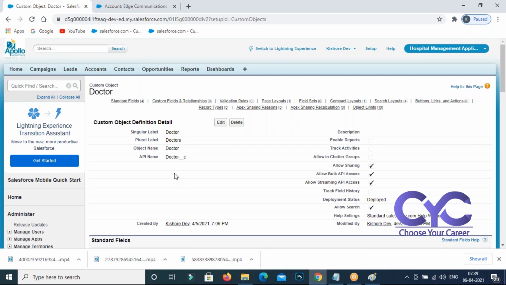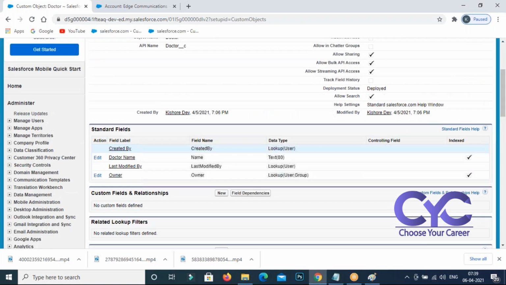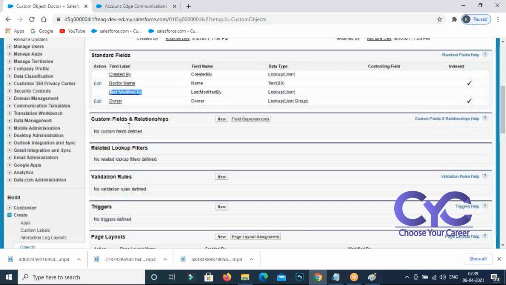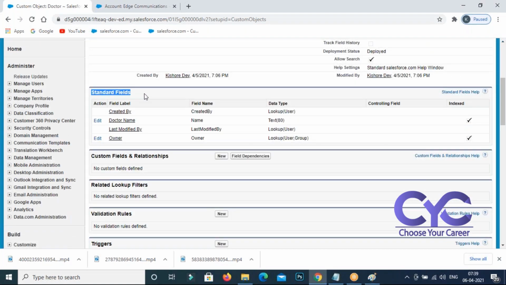For every object, 4 standard fields are compulsory: Name is one standard field, Created is another standard field, Last Modified is another standard field. Along with this object, these fields are created by Salesforce in your custom object.